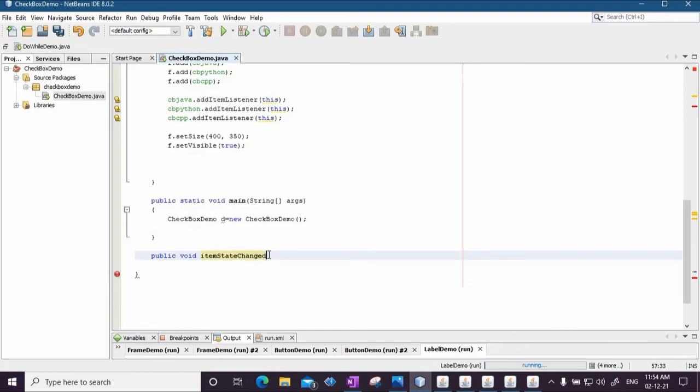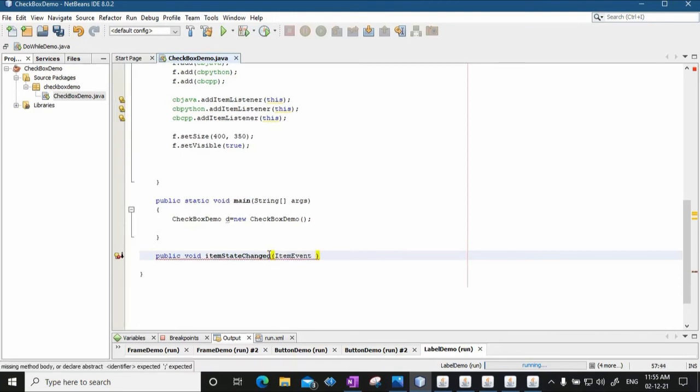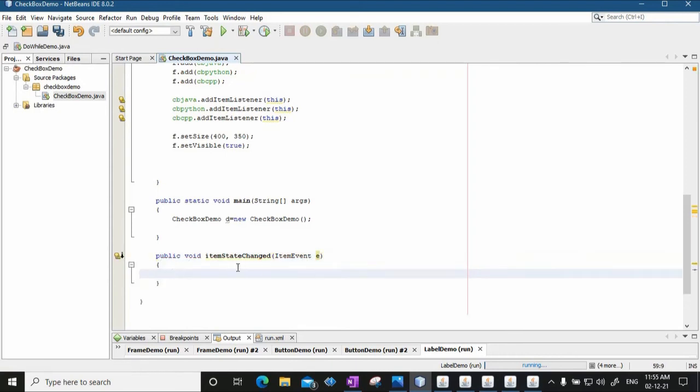This item state changed is an inbuilt method that is there in this particular interface called item listener interface. So you will have to define the code for this. Now this item state changed method takes an item event object as an argument. So the event is item event.